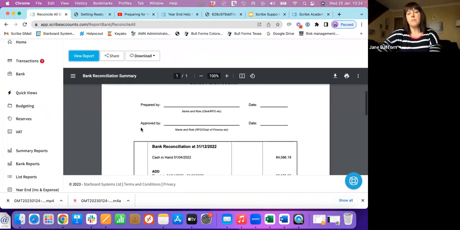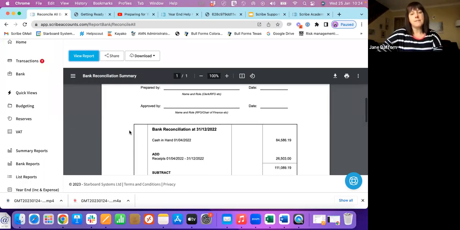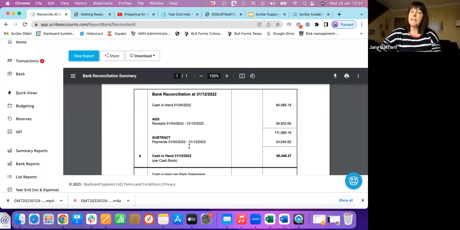And what you've got here, you've got the prepared and approved by at the top. So this is a really handy one if you don't already to take to council meeting. Section A is what's in Scribe. So it's got your opening cash at hand figure. So your box 8 from your AGAR from last year, adding any receipts added to Scribe, taking off any payments,